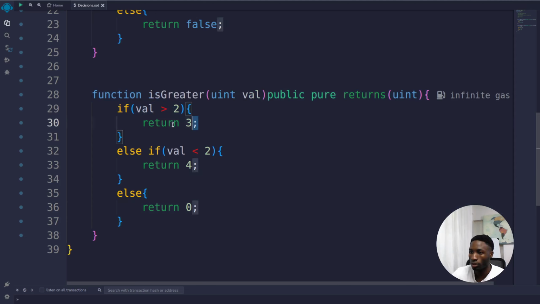Okay, if this value is greater than 2, then this is what's going to be returned. 3 is going to be returned. But if the value is less than 2, then we're going to return the value of 4. Otherwise, if the value is not less than 2,